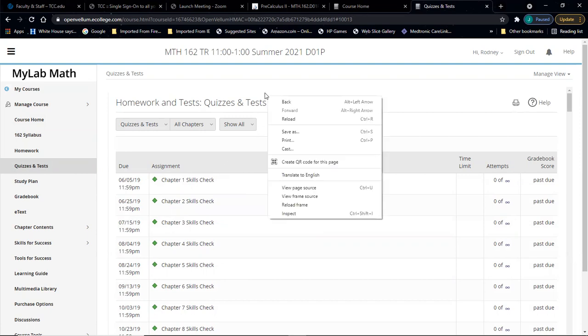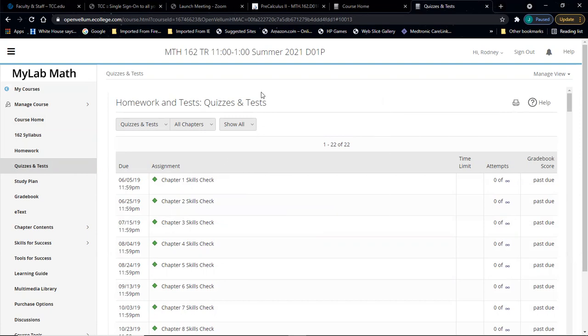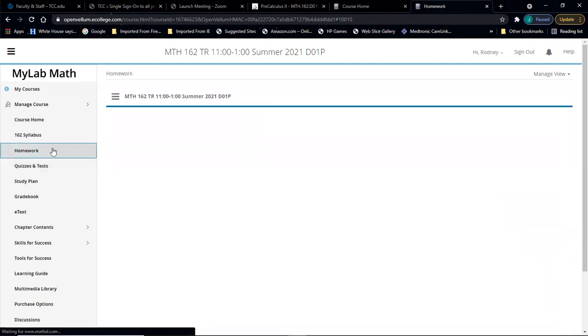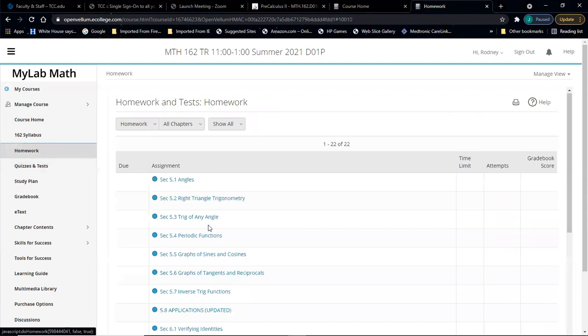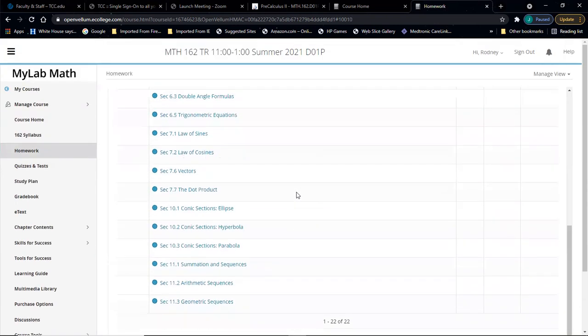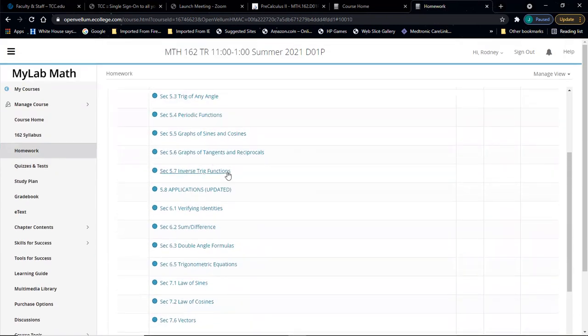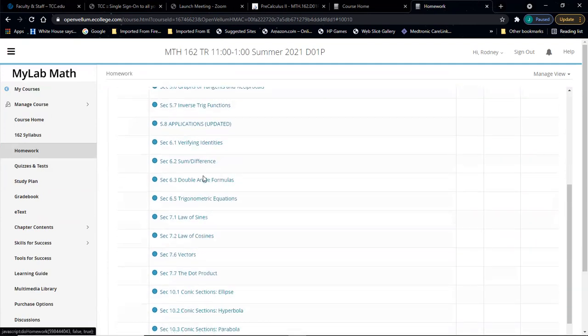If you really want access to it, you can email me and I'll give it to you. But it's not something that I just generally make available. But you'll see those tests added as they become available, as the test dates approach. Well, really only during the test dates. Here's your homework. You will also find reviews in here eventually, but this is every single section of homework we'll